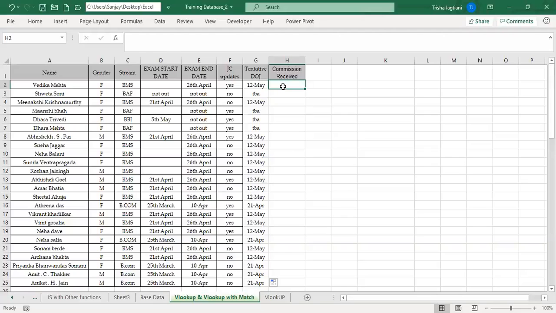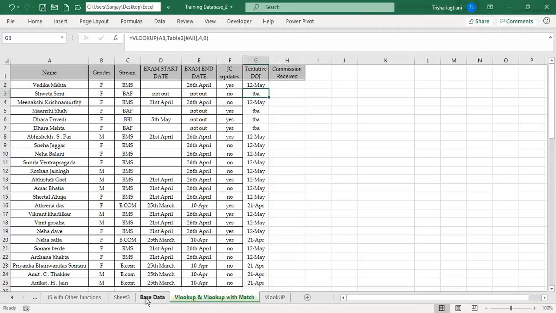We will also see now in the next video how you can use the VLOOKUP function with the match function in order to make your VLOOKUP dynamic. When I say VLOOKUP dynamic, you have been already giving a cell reference for the lookup value. You're giving the table array, so you're going to the table array and making it dynamic. However, your column index number is not dynamic. You're manually entering it. We will use a match function to calculate this column index number and then enter to get the result dynamically.